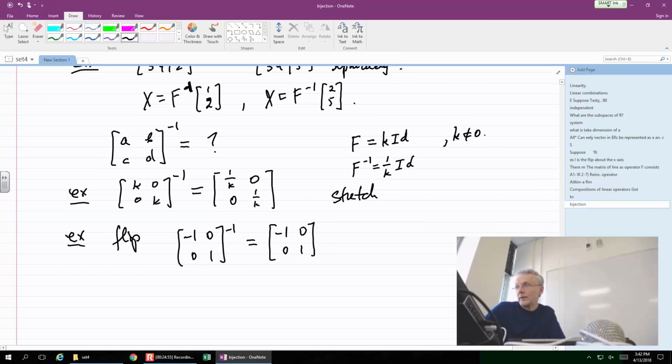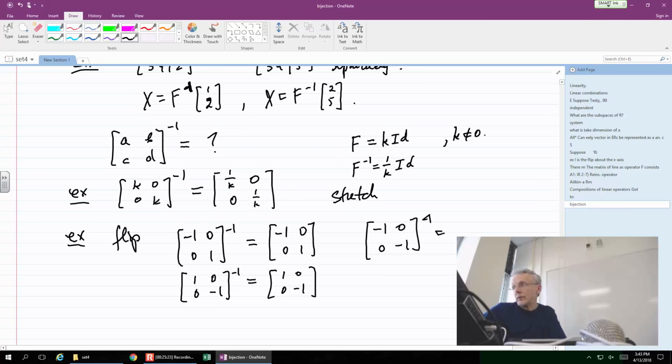Another flip does the same. So all flips are like this. It doesn't matter around which axis you flip, you repeat it and you get yourself back. So for the other flip, about the x-axis, it will be 1, 0, 0, -1. Its inverse is itself again, 1, 0, 0, -1. And finally the flip about the origin will be -1, 0, 0, -1. And its inverse is once again -1, 0, 0, -1. Okay, as you can see, not a lot is happening with the